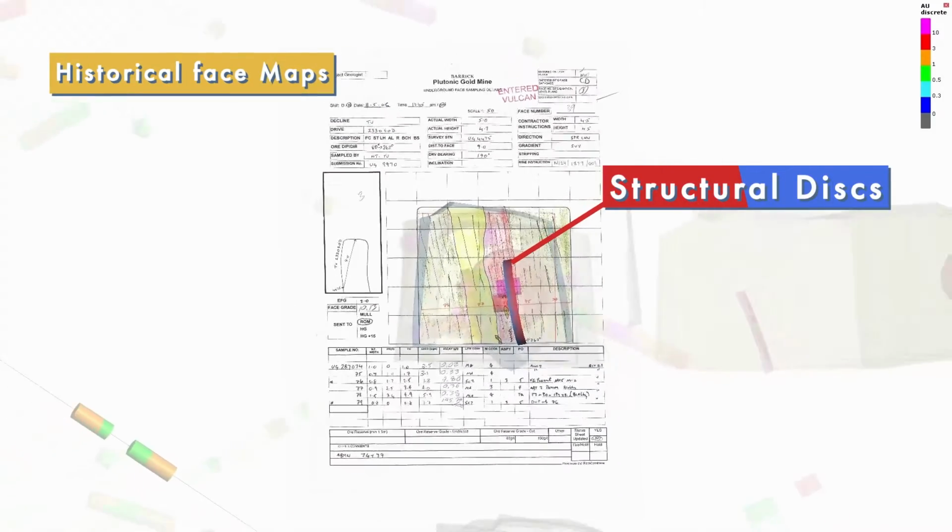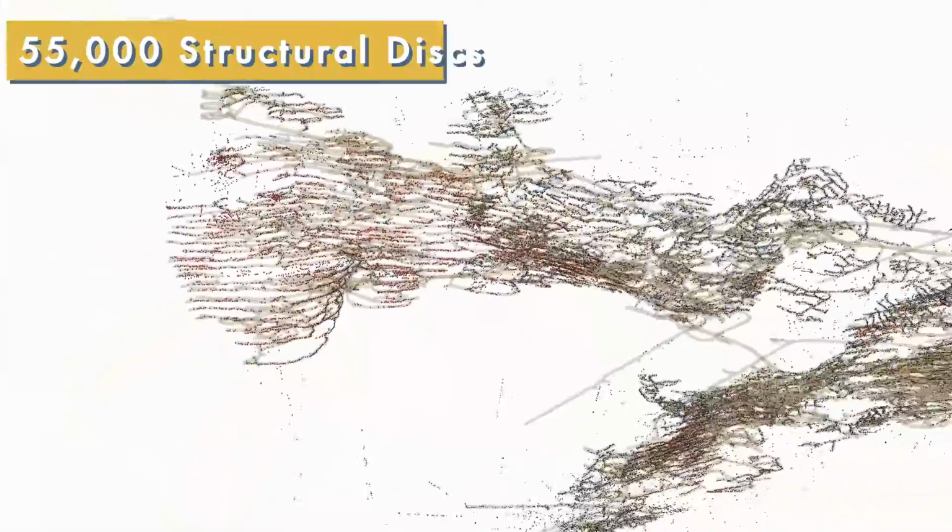The archives were opened, and thousands upon thousands of face maps, core photos and drill holes were reassessed for critical structural data that would later inform a new and efficient modelling technique at Plutonic. Leapfrog Geo gave geologists the foundation to use structural data to a higher fidelity. The software was able to consolidate and process 55,000 unique structural measurements, producing an interpretation that was objective and built